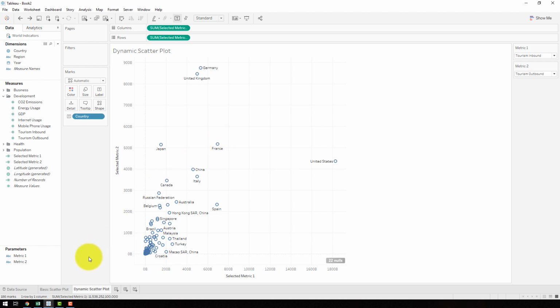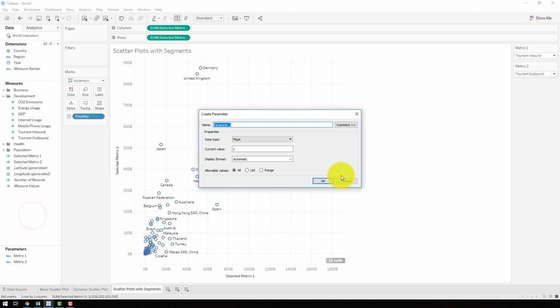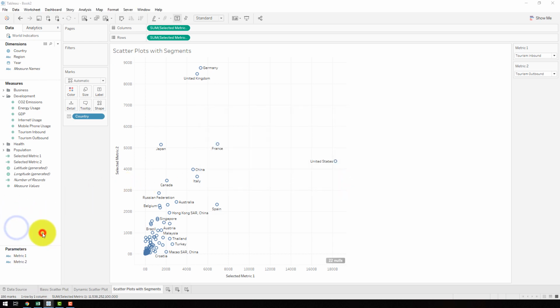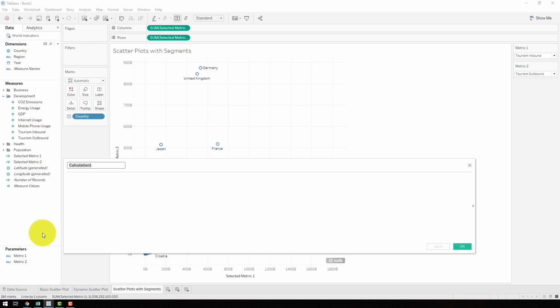Okay, so the next thing that we're going to do is add some segments to our scatter plot. So we're going to take the same view here and actually segment it as compared to the global average. So let's go ahead and duplicate this sheet. Give that a new name, scatter plots with segments. And we're going to create a new calculated field called metric